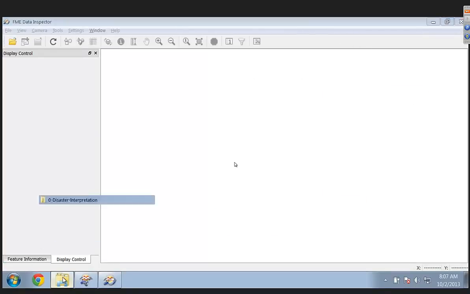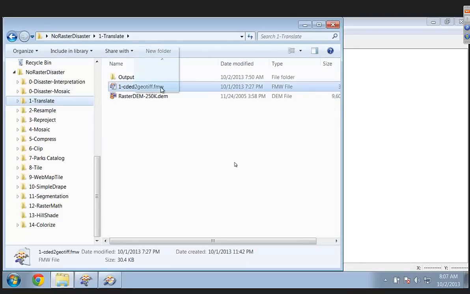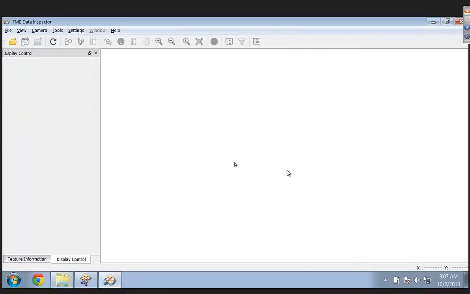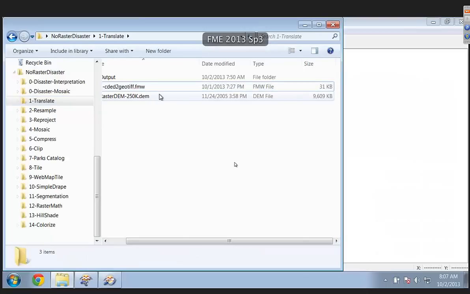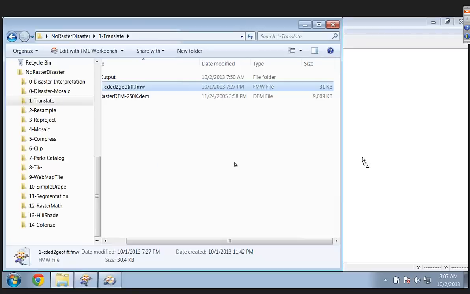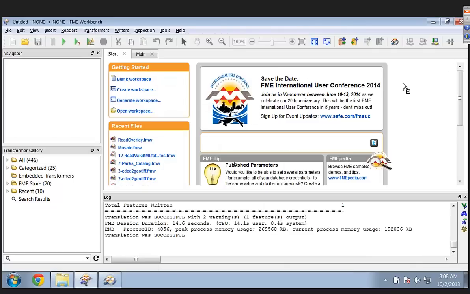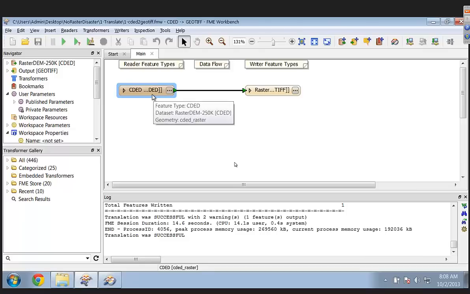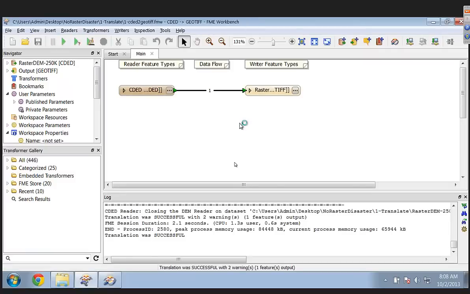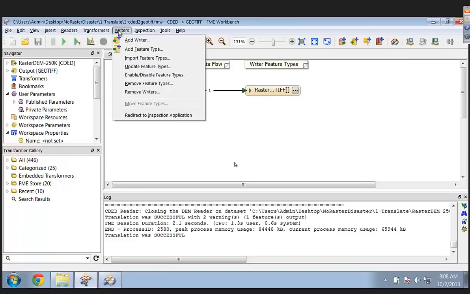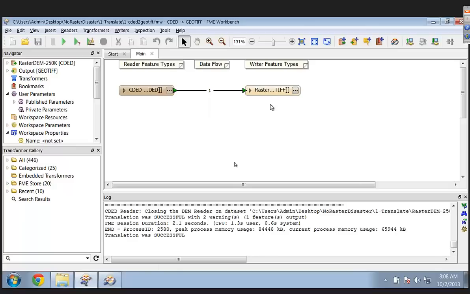So let me grab an example of translation, which is, whoops, I got to learn how to run FME here, sorry. Right, so I got to just drag that onto here. Whoops, except I need to get onto there. There we go. Drag this onto there. And this is what a workspace looks like that does translation. And I'd say, Dave, that's, as workspaces go, about as boring as they get. Pretty much. So we added a reader that was the CDED, which is an elevation model format, added a writer, which was our GeoTIFF, and then connected them, and off we went. And it was done already in really 2 seconds.